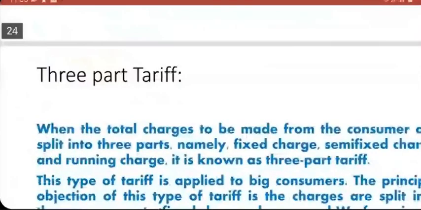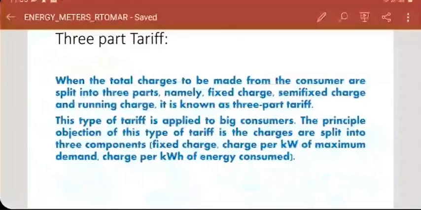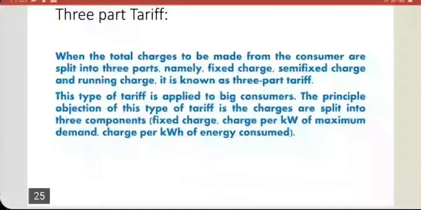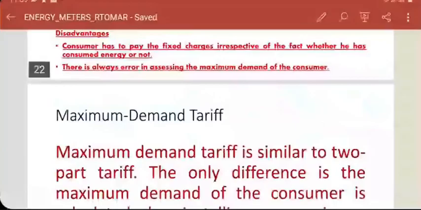Three-part tariff is also there. Fixed charge, semi-fixed charge, and running charge. Fine. I guess it's possible. Financial guys get involved in all this anyway. Engineers also are there in the meetings, but it is the financial people, chartered accountants, who get into the game, especially from the customer side, because they have to balance the books financially in running the company. So that's about it for energy and power meters.